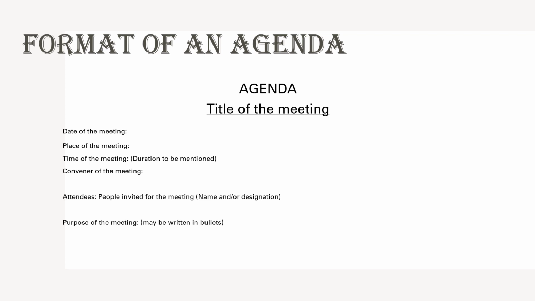Therefore, write the agenda in bullets, but in a way that it is self-explanatory, because if you want people to prepare and you're not giving enough clarity in the purpose of the meeting, then people will be confused as to whether they are expected to come prepared for the meeting or not, or what kind of an agenda this is. That will be a very confusing and ambiguous thing for them. Therefore, whatever the purpose of the meeting, write it in bullets, in very precise, concise lines or sentences, and never write the agenda in paragraphs, because it tends to become very confusing.